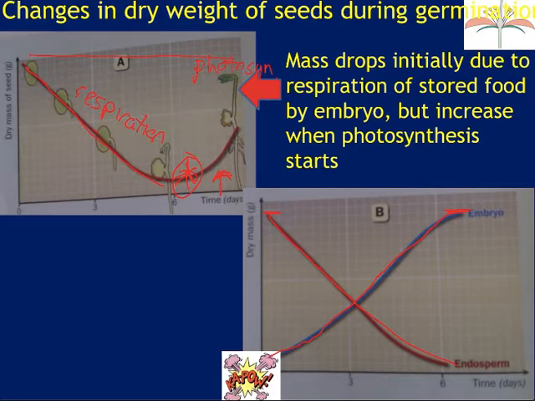Why is there a difference between those two masses? Because technically, if the embryo is getting all of the energy from the endosperm, they should be at the same level. So where is the loss coming from? Thinking about it again, it's growing via mitosis, but where is it getting the energy for mitosis? So what thing could it be losing? Any ideas?